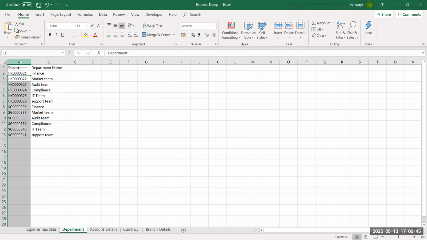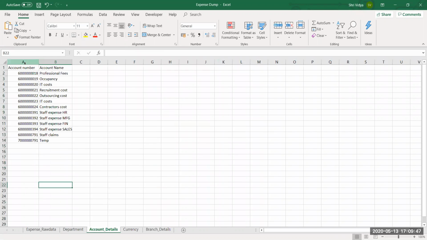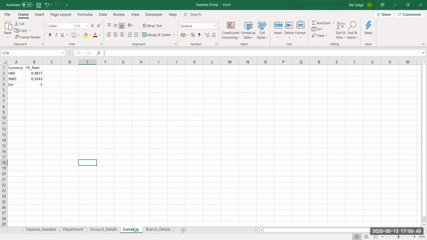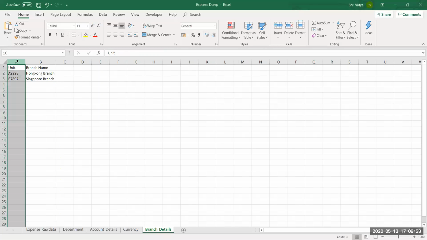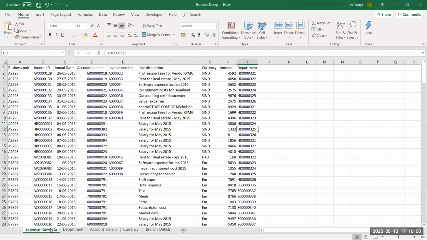It could be department number, account number, currency name, and branch number, this unit number. We have only used these numbers to uniquely identify those records. Nowhere have I mentioned the names.